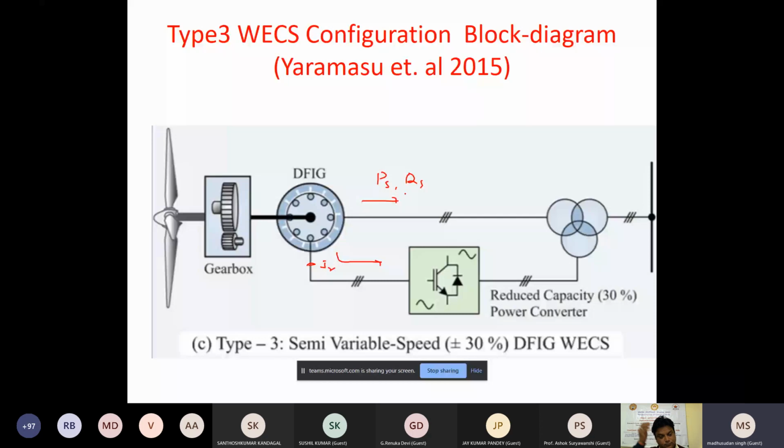So here you need a power converter which is a very small size, just 30% of the power rating of this generator, because this has to just handle the slip power. Slip is 3%, so accordingly the power rating is low. That's the major benefit of this configuration, and this is the configuration which is more popular nowadays. So I think this is all about